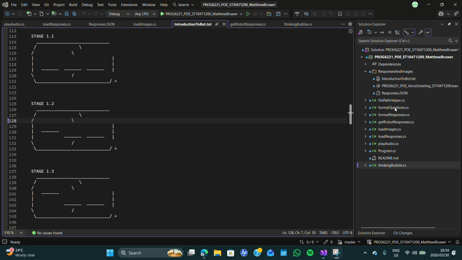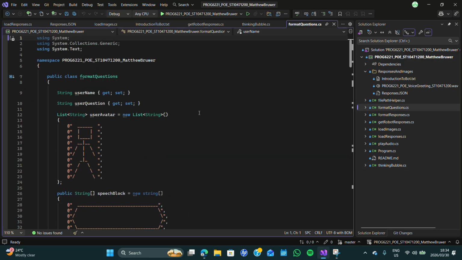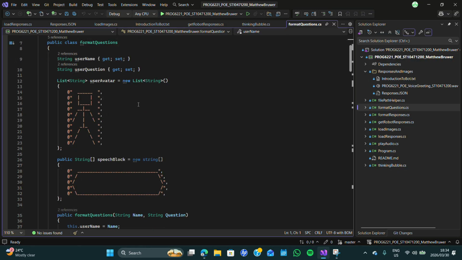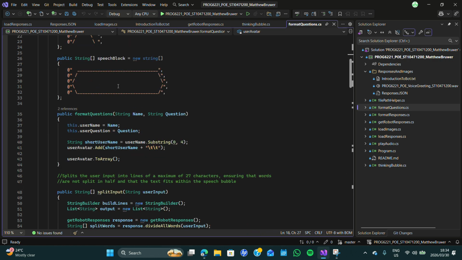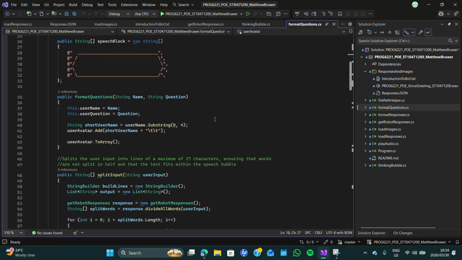Next up, we have the format questions class. This class gets the user's question and just formats it to make it look better with the user avatar and the user speech block, and it places the speech block next to the user's avatar with the user's question inside.